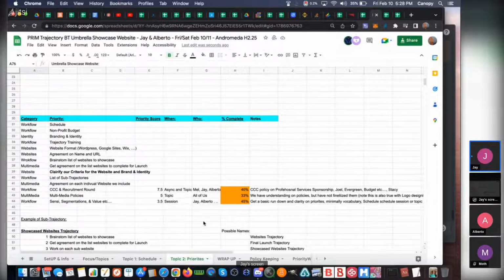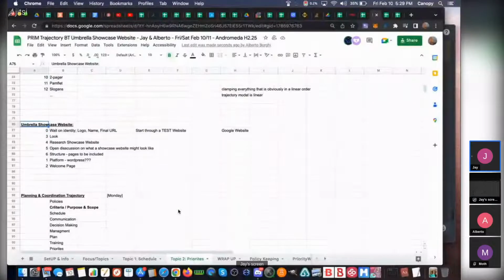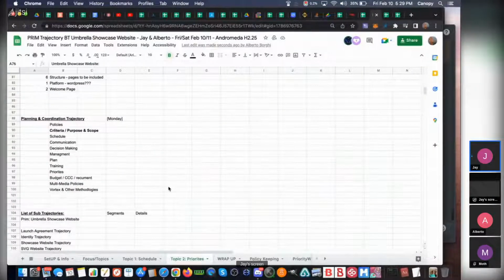So I mean, we're still going to want our priorities list, but again, the new trajectory model makes the priorities list kind of not obsolete, but less productive, because once you understand the trajectories, everything's organized within the sub trajectories. So our new model would basically have each sub trajectory with its own tab, and we're creating a mini plan within each sub trajectory instead of the overall launch plan for everything. Does that make sense? Yeah, because the trajectories are so much easier to organize, and once you're within a trajectory, there's only one direction you can go, doing one thing at a time, right?